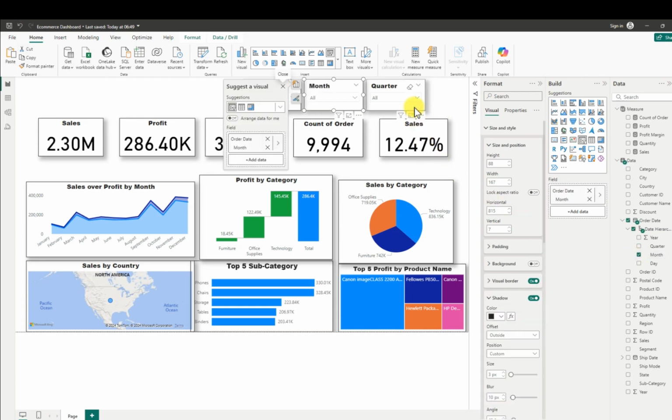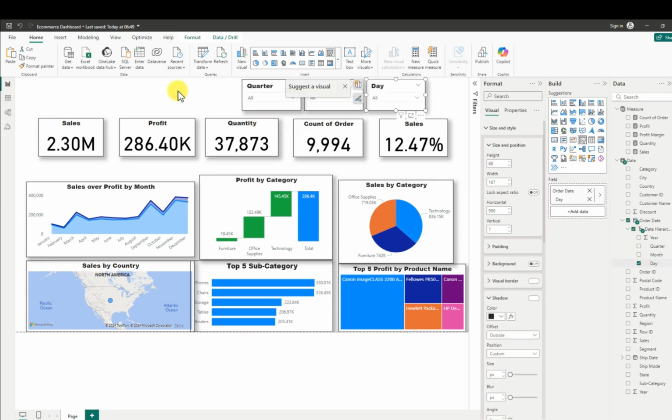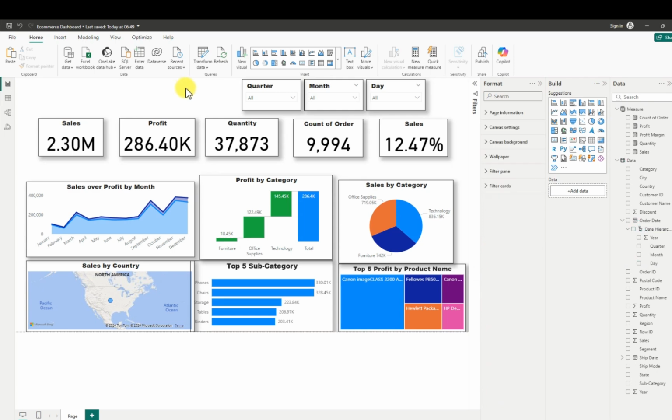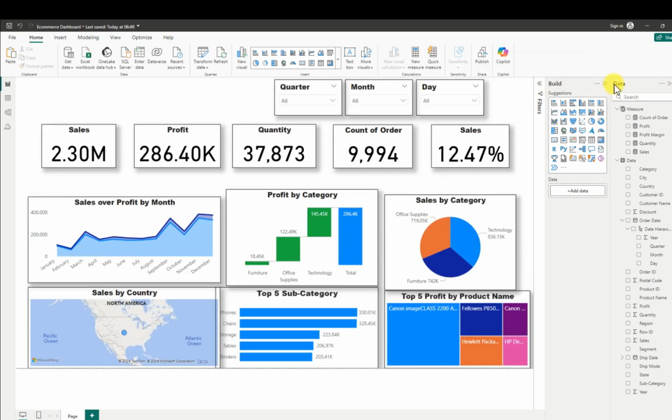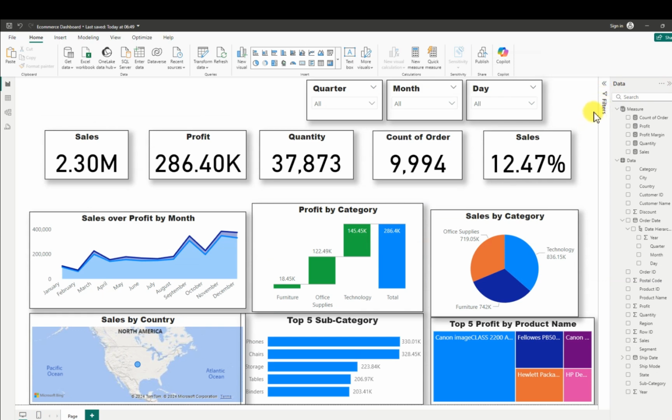And come back to this. We are going to remove it from the quarter, and we are going to make it day. So we can collapse this. We don't want this. So actually we don't want this for now. I'm sure we don't want it again. So let's go to our